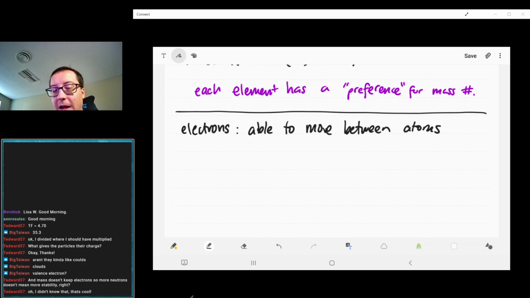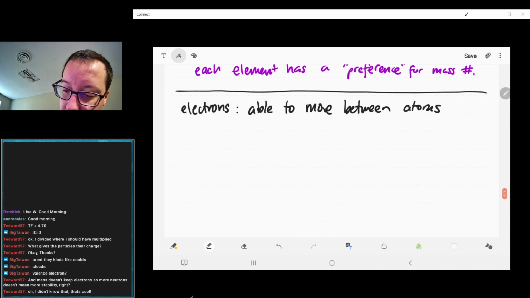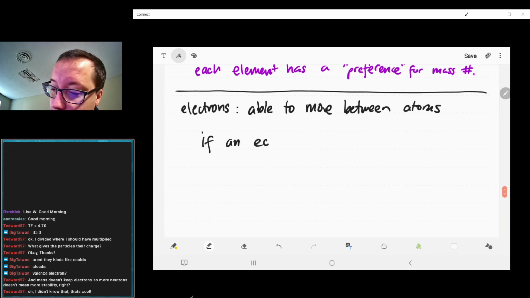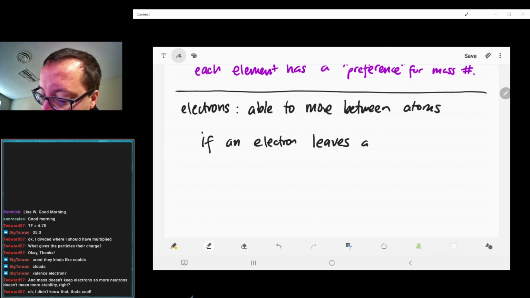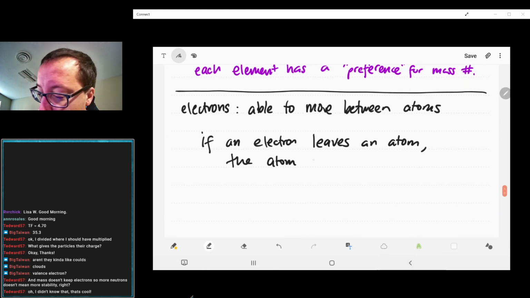So, very important component here. And so, if an electron leaves an atom, the atom becomes positively charged